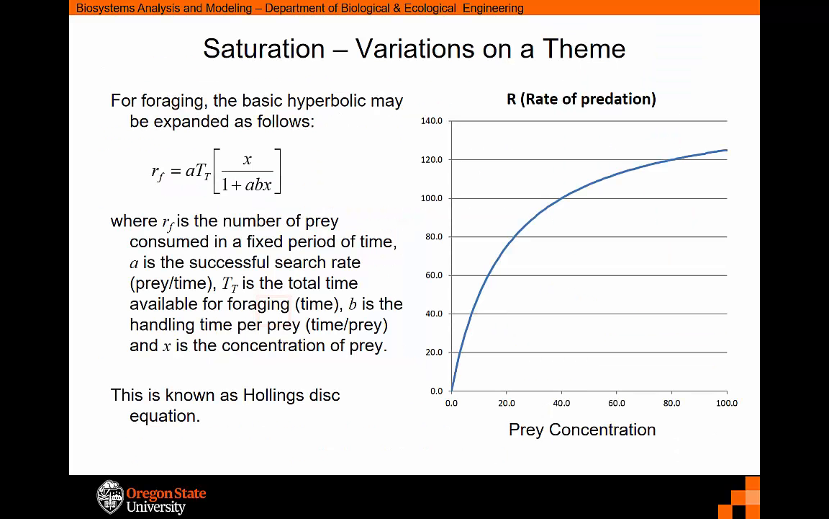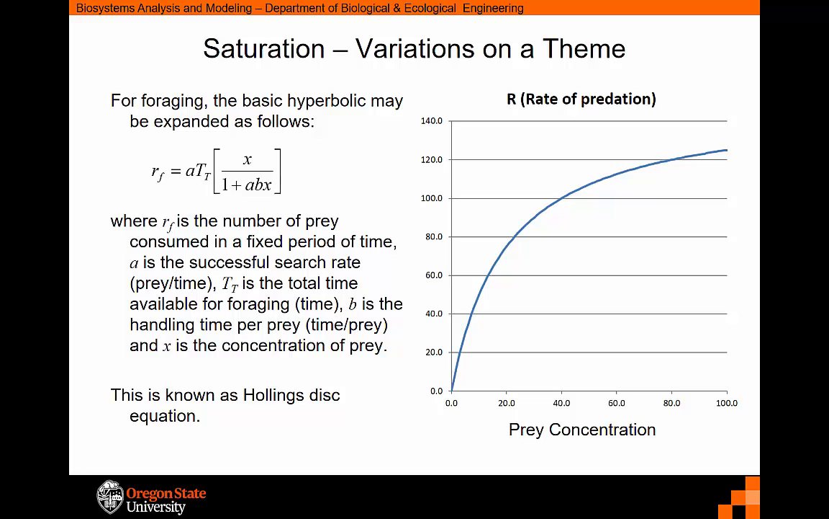Another example of a hyperbolic function capturing a saturation process relates to foraging success. Foraging success has been modeled with a variation of the Michaelis-Menten equation called Holling's disk equation. You can see from the curve shown on the chart that the general characteristics of this function capture the saturation